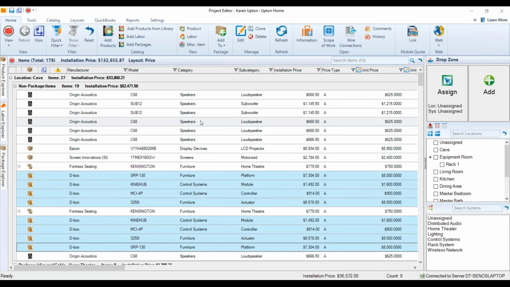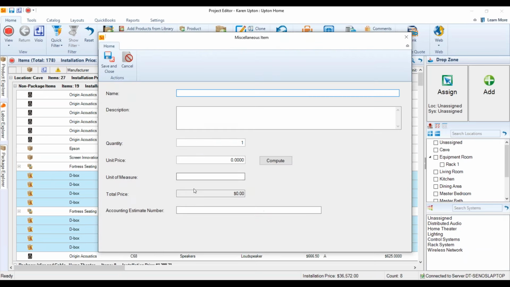Another new feature has to do with miscellaneous items, and this is project specific. As you may know, miscellaneous items are not part of your catalog. They're these unique little beings that exist within a project, and it looks similar to before, I'm sure, but this is the big new thing, this compute button, and I'll show you that in a second once I get a little example here. Shipping, I'm not going to take the time to write a description for that,